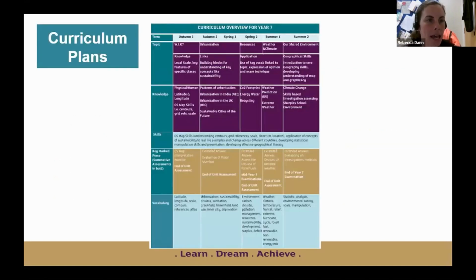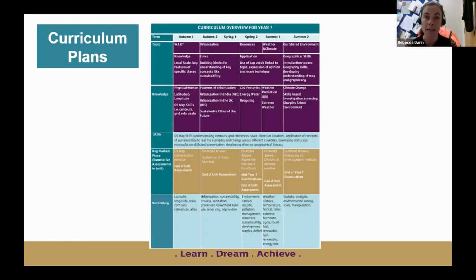So this is a Year 7 curriculum plan for geography, and all of our curriculum plans now have key vocabulary for every half term as part of the progression map of what students are going to learn. The reason we did that is it asks staff in every subject area to think about what is the key vocabulary that they expect students to know at the end of each unit, at the end of each half term in their subject area.